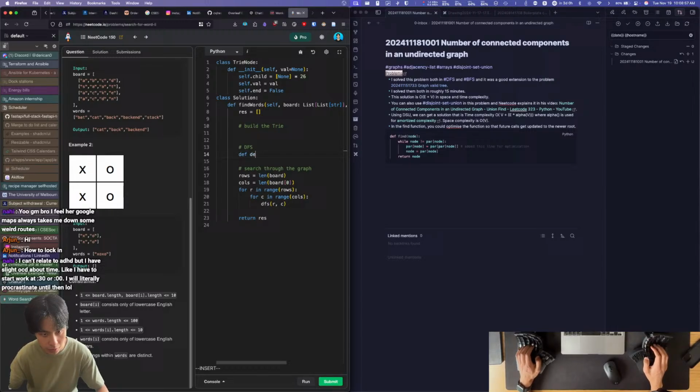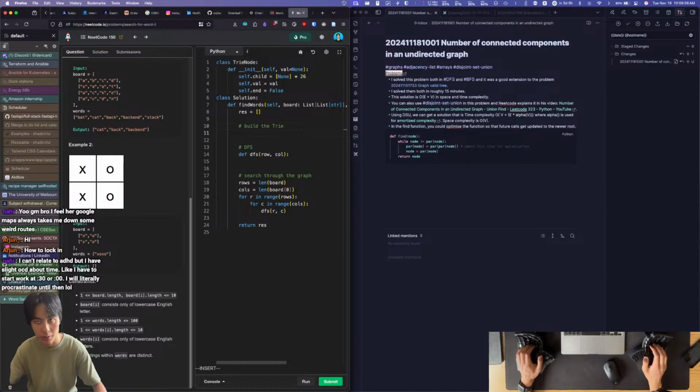Def DFS. Set row call. And build the trie. So let's build the trie. We're going to initialize a root node equal to TrieNode,